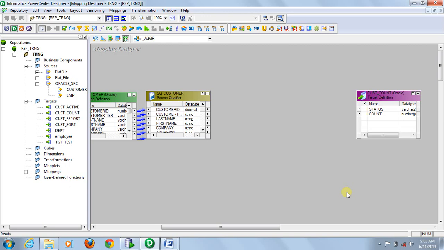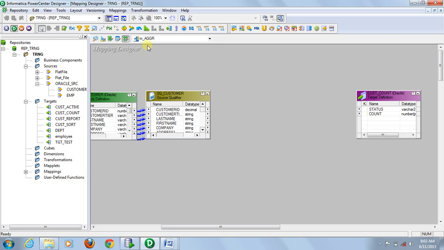Now for doing aggregation, it is a best practice to use a sorter before that, means for better performance of aggregator, records should be sorted first. You may use unsorted data also for a huge number of records.